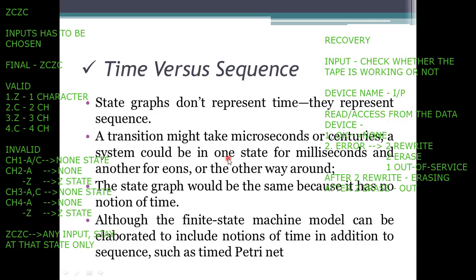One action has to be completed, and its completeness lets the next state take input and start the execution or processing. But whether this transition has to be processed within time or not, we need to specify. We can't say that this transition has to be done within a set time.